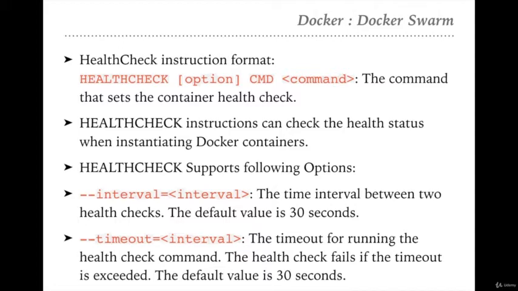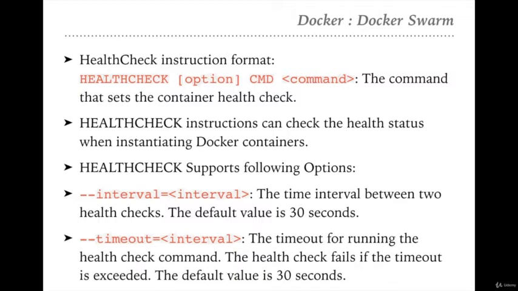So the timeout for the health check defines when the user will be notified, right? By default the timeout value is 30 seconds, but if you want you can decrease it. Suppose your health check is failing, then after 30 seconds another health check is also failing, then you will get the notification. If you reduce this time, then you will get the notification in that time frame, right? So we have the interval, we have the timeout.